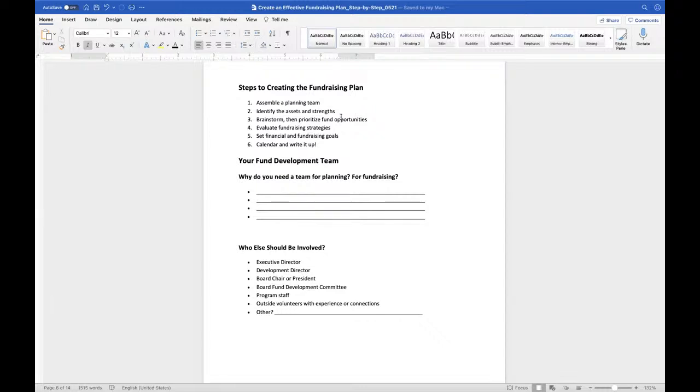That's the document that I've shared with you all before. Your fundraising plan, your calendar is being able to say, this is when or by when we're going to do it, right? So you write it up. Now, your fundraising team,